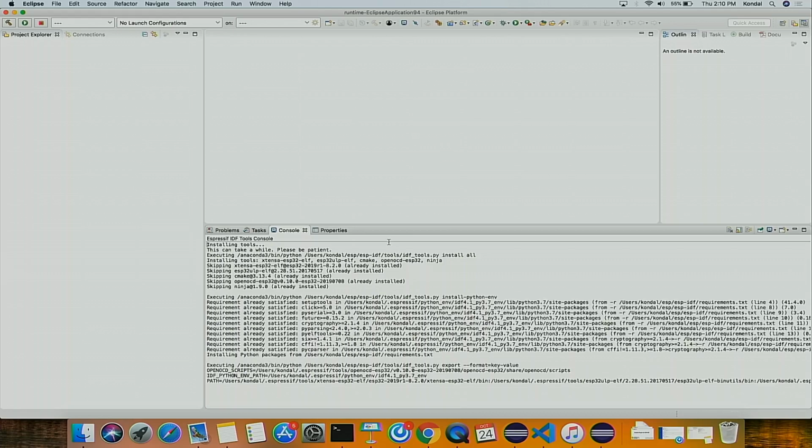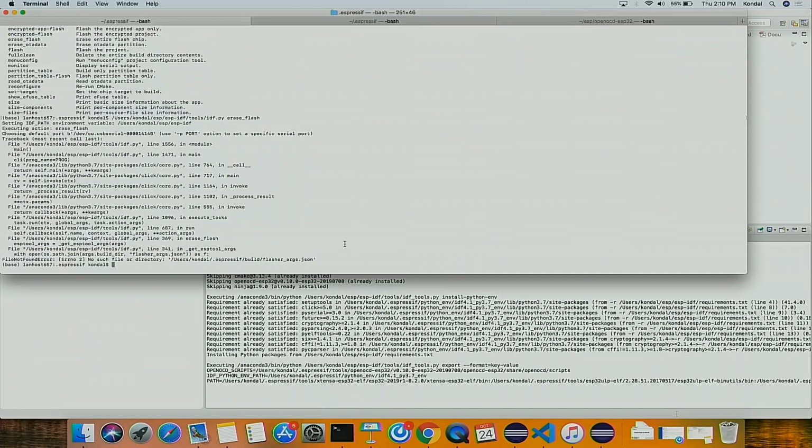Okay, so what it does is it basically tries to look for the required IDF tools. Since I already have my ESP IDF configured, it is trying to install all of them, in the sense it's already downloaded. It is just making sure that we have it or not. So just verifying those things. But you can always verify. So these things will be installed as part of the